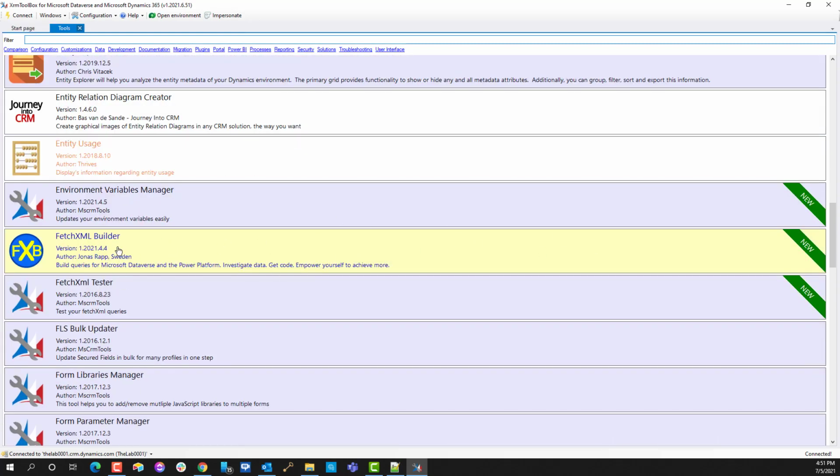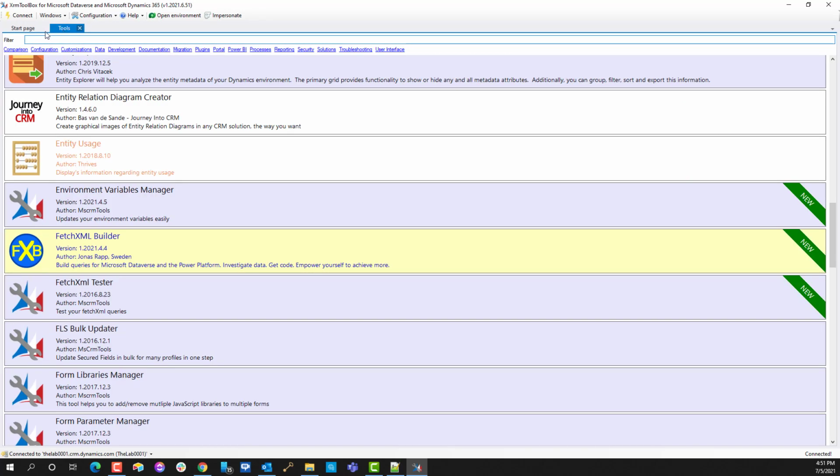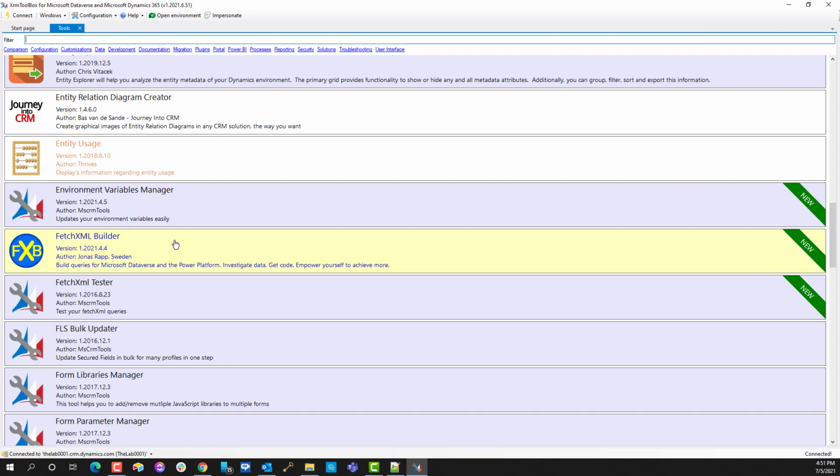As soon as you click on it the first time, it'll launch it, but then it'll also stick it out here, so you don't actually have to go back into this Tools tab. From here on out you can just launch it from Recently Used, which you did see in mine before I deleted it, because I wanted to show you what this thing looks like out of the box. So I'm going to go ahead and load this, but before I do, I want to bring your attention